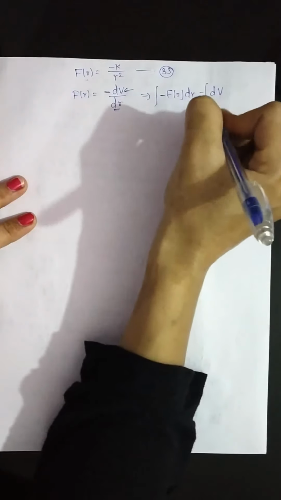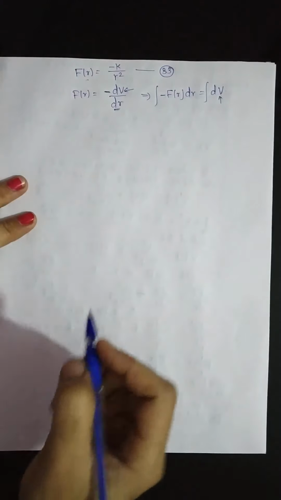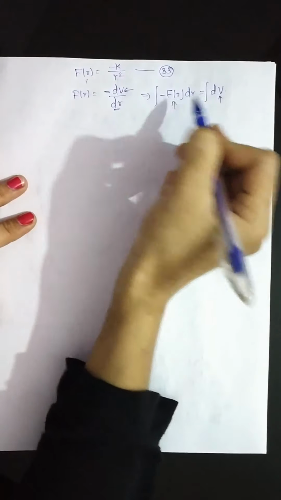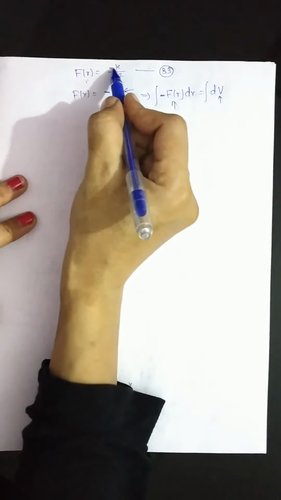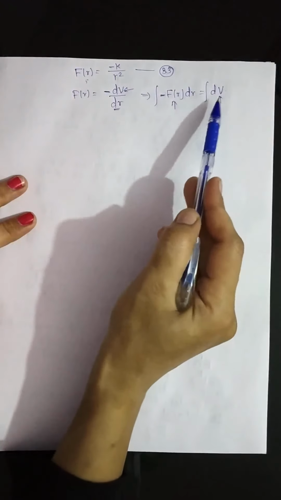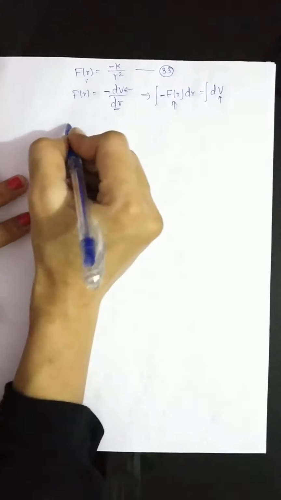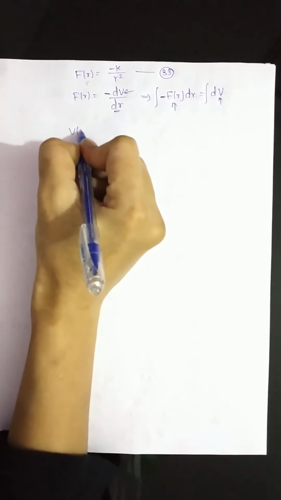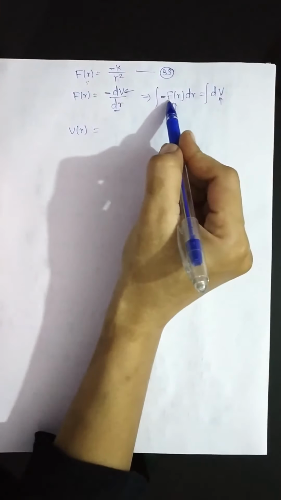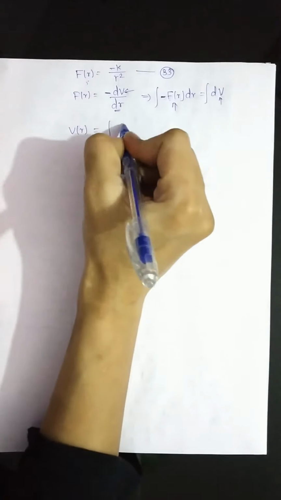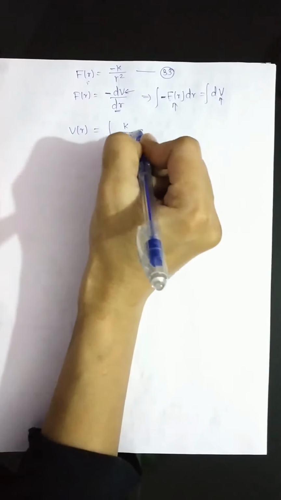Now we will integrate this and we will get V of r. If we substitute this force as minus k by r square, and here already a negative sign, again in F we have a negative sign, so this will become minus minus plus. The integral of dV will be V of r, which will be equal to, substituting F of r as minus k by r square, plus the integral of k by r square dr.